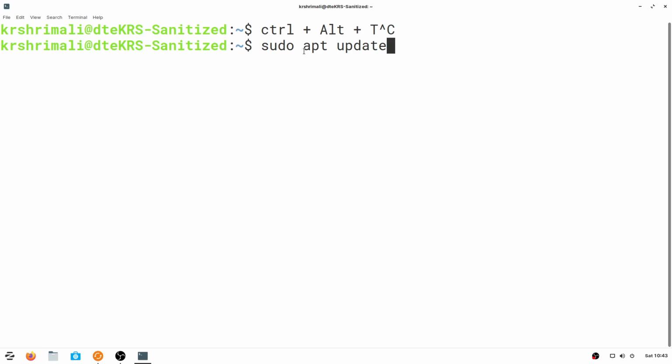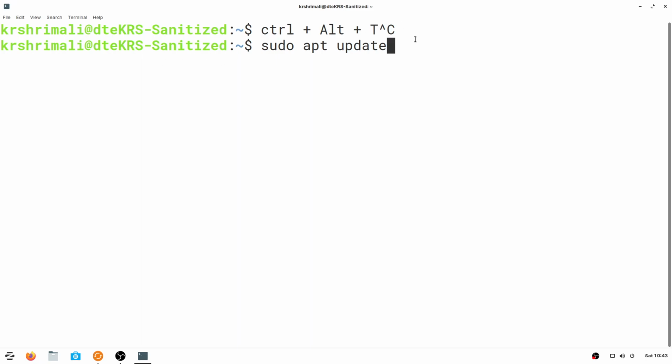Different distributions follow different package managers, and apt is not really one of the famous ones. It's popular, but it's not that appreciated because of it not being updated regularly. It does break at times. So what I'll suggest is, we can still stick to it because Ubuntu is pretty much used by everyone, so we can still use it.